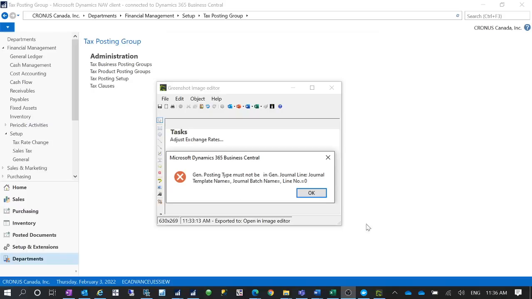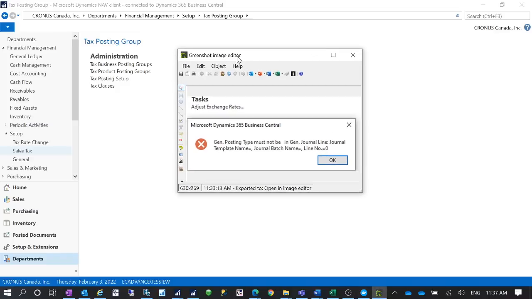So basically, we have a customer who got this error when they did the exchange rate updates. Even though we are in North America, we do not use VAT, but some companies have operations in countries around North America which have VAT, for example Costa Rica. In that country they use VAT. So your company may be in North America, but you have operations in those countries which have VAT, and